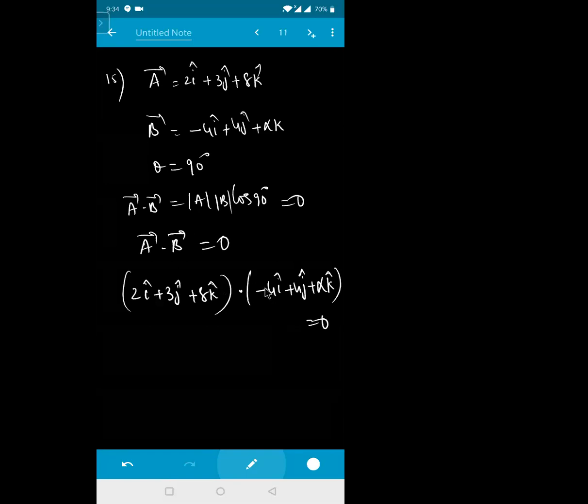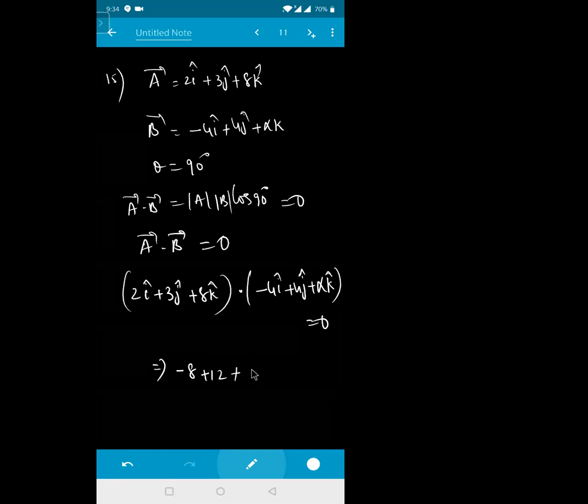I dot J will become 0. I dot into I dot will become 1. So this will become 4 into 2 into 4, that will become 8, with a minus sign. So this will become minus 8, plus the next one, J into J will be 0... J into 3, 3 into 4 is 12. So this will become plus 12 plus 8 into K. It will become 0. 8 into K, 8 into J will also become 0. K into I, K into K.